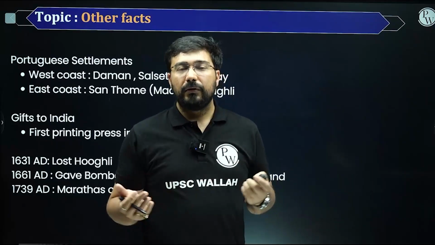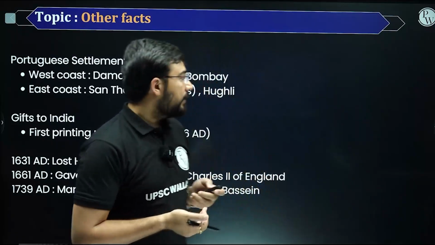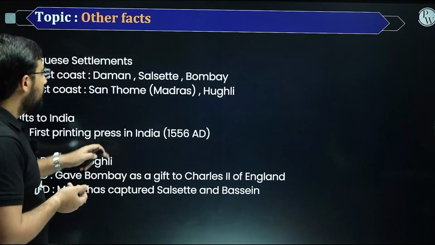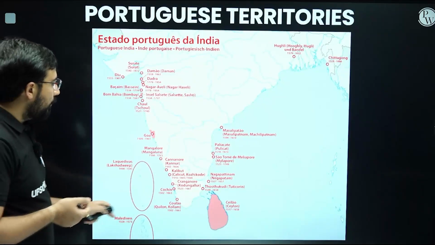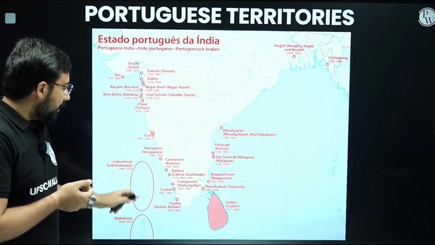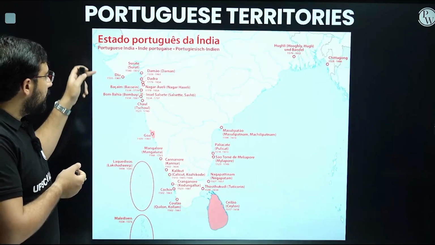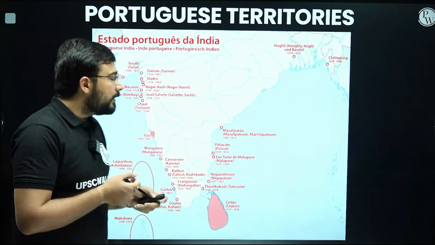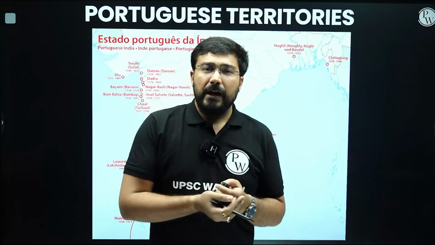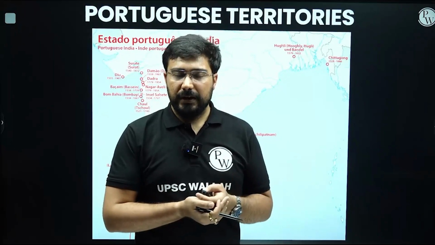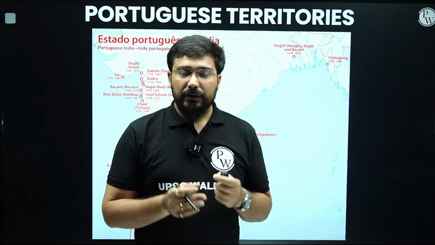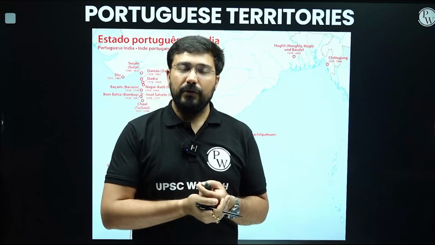This is the story of the Portuguese, which all of us need to remember. The Portuguese were the ones who were controlling many parts, coming from the region of Calicut, going towards the north, controlling Daman, Diu, Goa. All these areas were under their control, and when the next level of powers came, they got defeated. This is the first part of the arrival of Europeans.